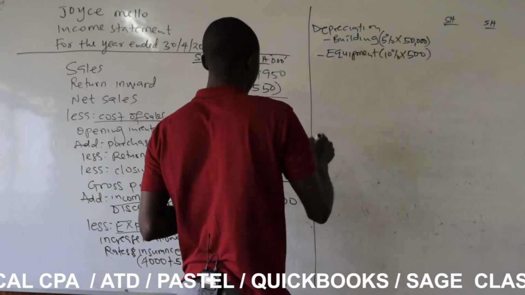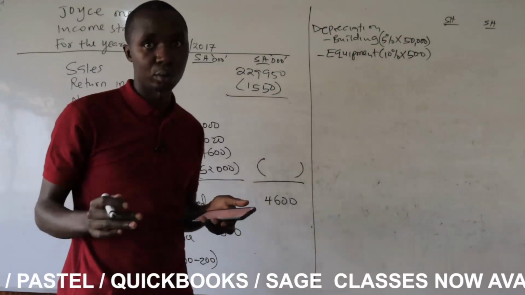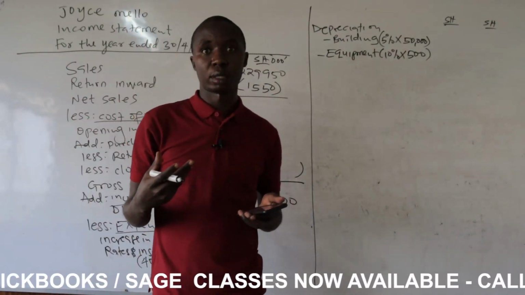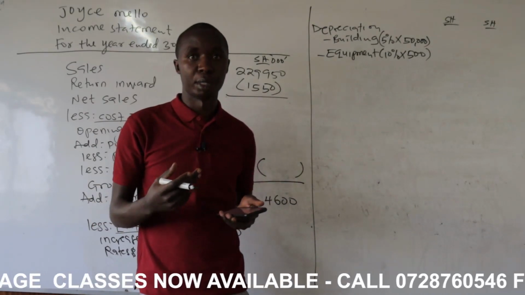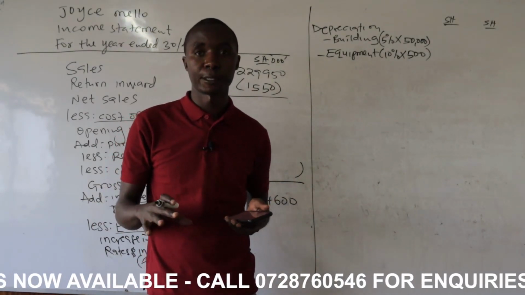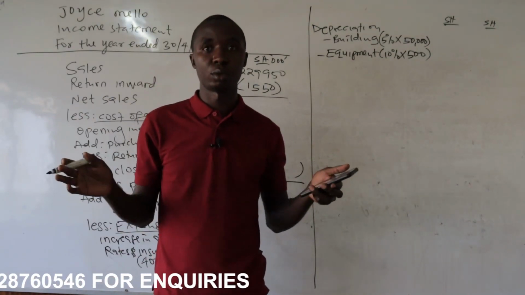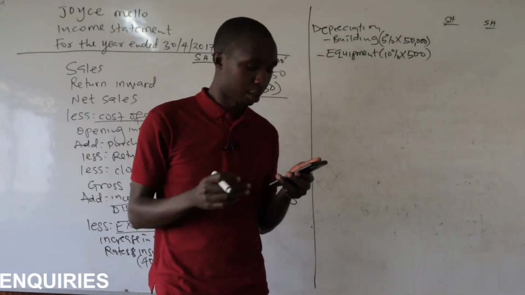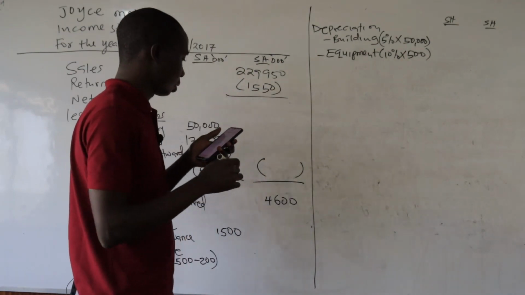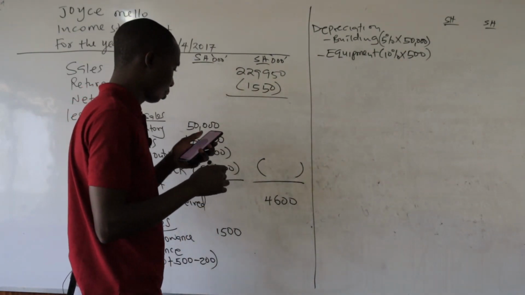Yeah. So we are done with the additional information. That is how you are supposed to do. So for you to record your expenses well, it's better you finish with the additional information, then you embark on the trial balance on the expenses which you might have not recorded. So checking on the trial balance, we have expenses like